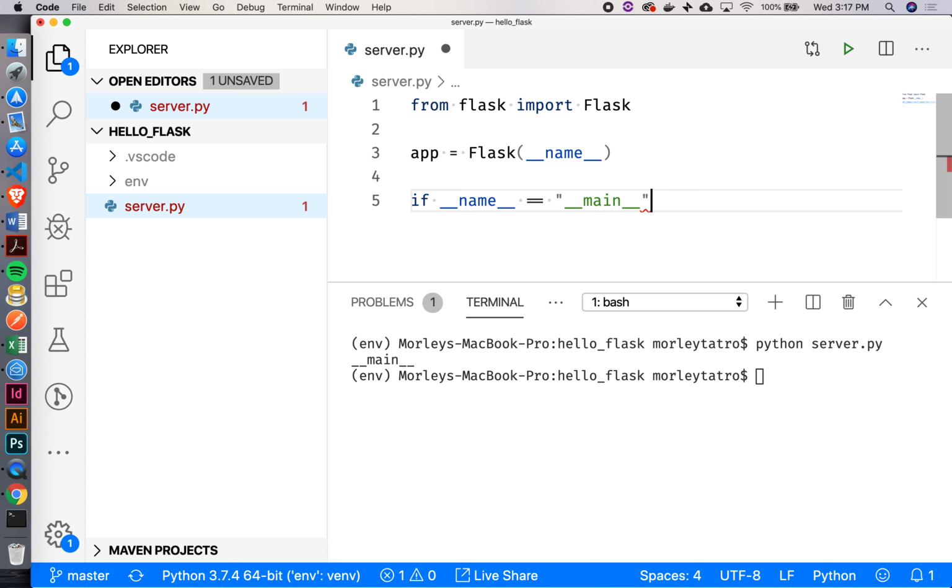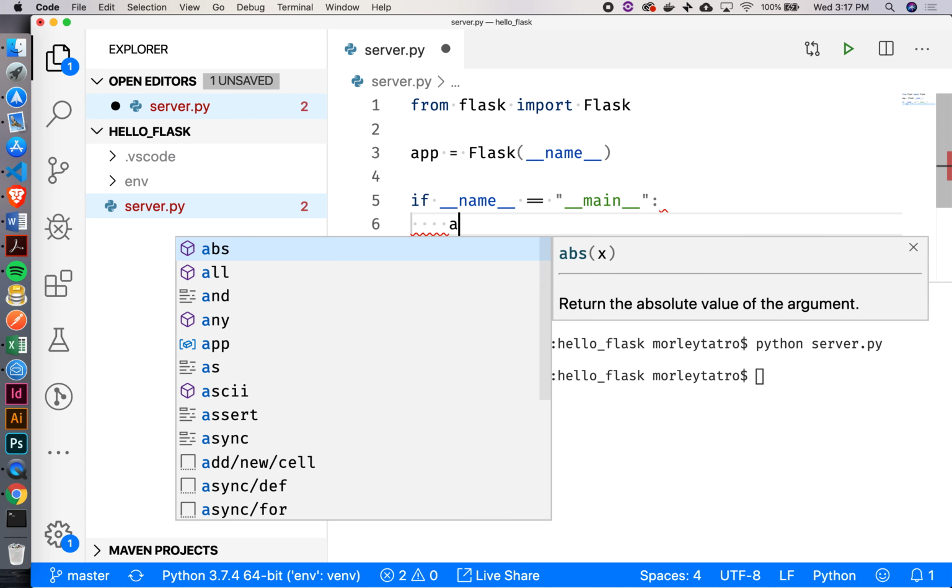Yes, that's a double equal. So what's happening here is we're just checking to make sure, are we running this file directly? If we are, we want to do something with it. We actually want to run our application. So if that's true, I'm going to put this colon here, go down to the next line, and we'll say